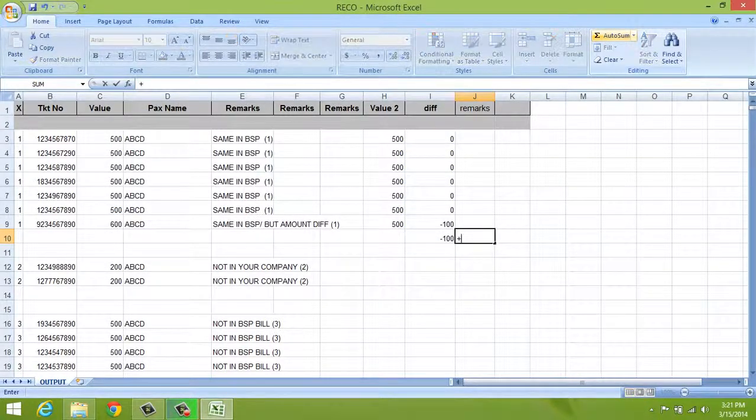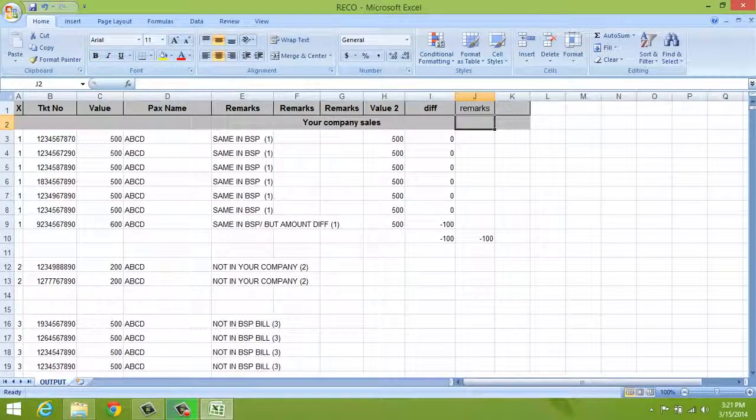Just put that figure in this remarks column, and here we can put your company sales value. What is your company sales value?